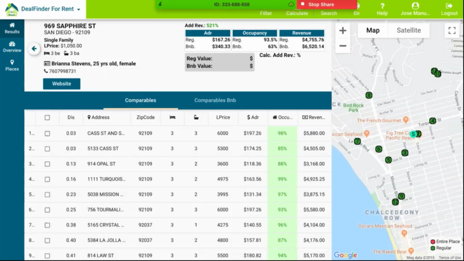Of course, it could be a gamble if you take any property, put it on Airbnb, and just say, hey, I'm going to be making a lot of money every single month. It could happen the other way, that you could be losing money. So if an investor or a homeowner doesn't know the information, doesn't make the proper analysis before listing the property on Airbnb, that's something you need to take advantage of: make a strong analysis and then look for business. I hope that the answer is there.